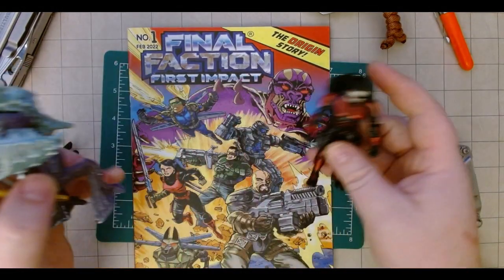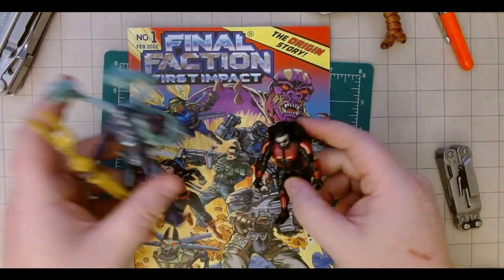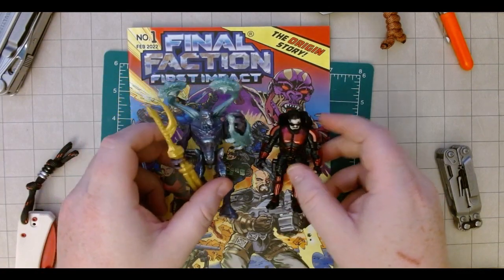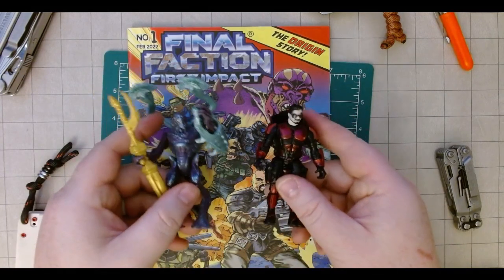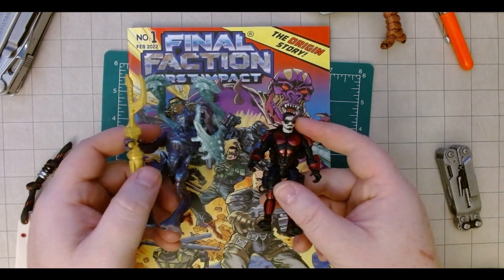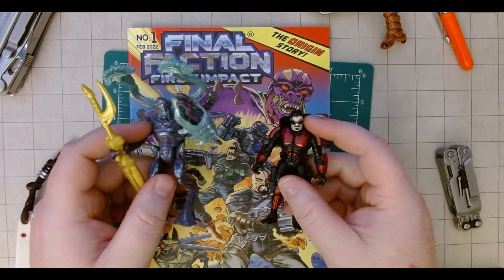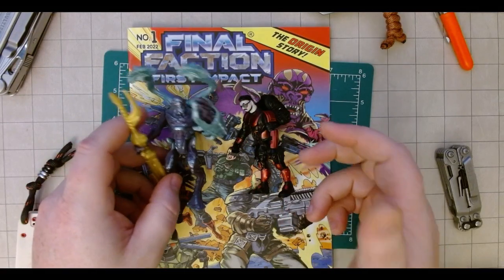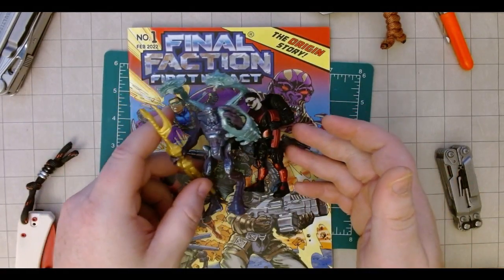The story is aliens invade the Earth from this moon base. You have the good guys, Final Faction. You have the Karn trying to steal natural resources. Now, the thing that I really love about this and that my kids have immediately kind of latched onto is these toys, this comic book, it comes from Dollar Tree. For only $1.25 a piece, Dollar Tree is doing this thing, Final Faction, that is honestly the most